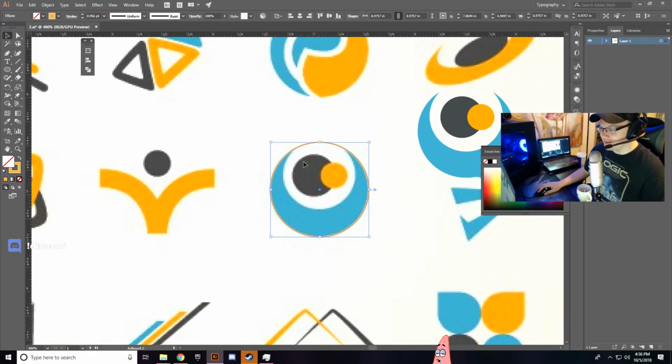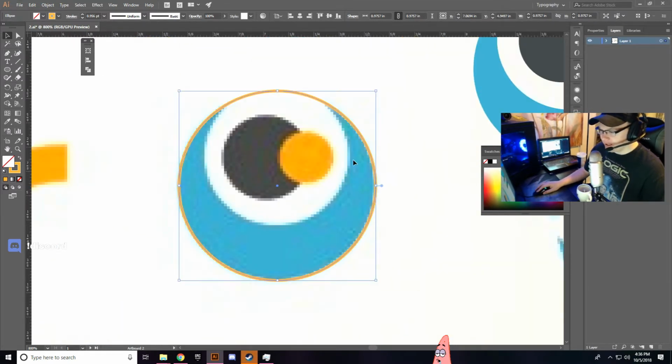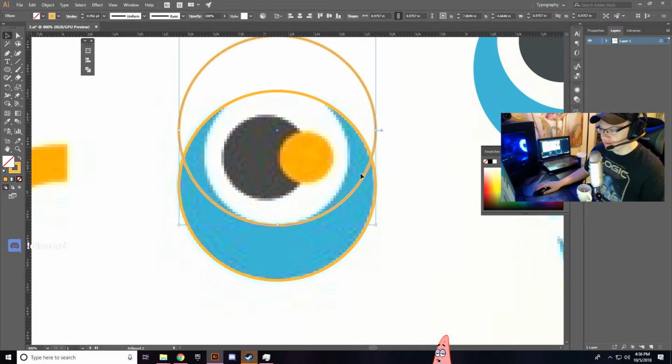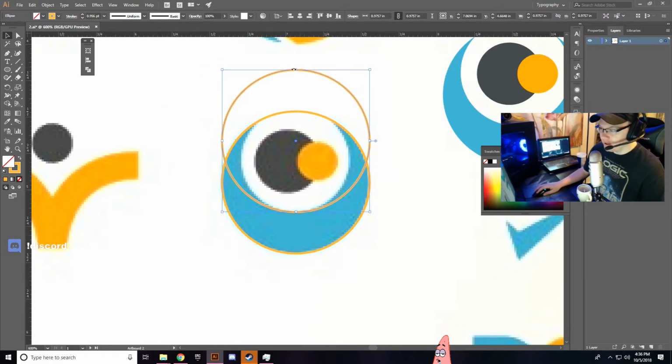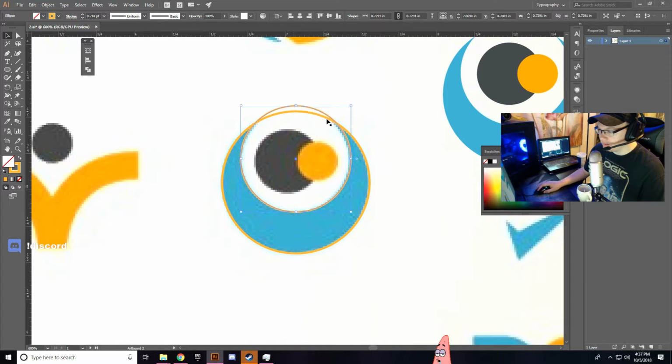But yeah, guys, so I'm gonna go ahead and alt drag another copy, make sure it's centered so we have everything aligned up, and then just go ahead and drag this one down, and you want it to be slightly higher than the first one, so you have this more open negative space right here. So maybe just down a little bit, probably right there, and then you just select both of them,